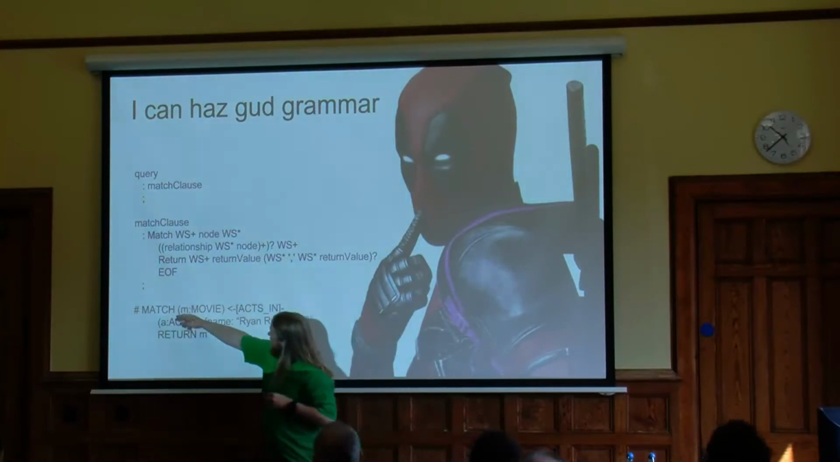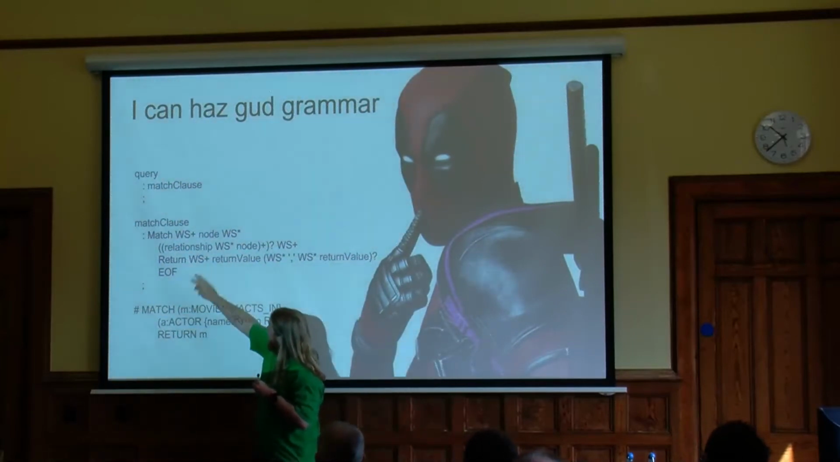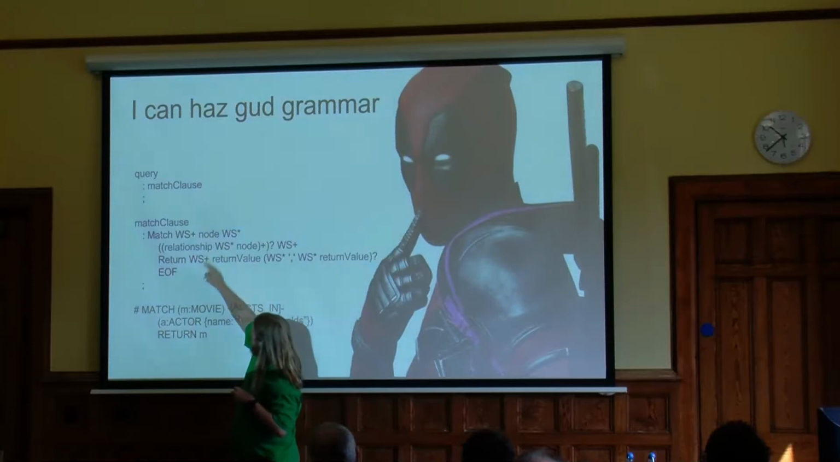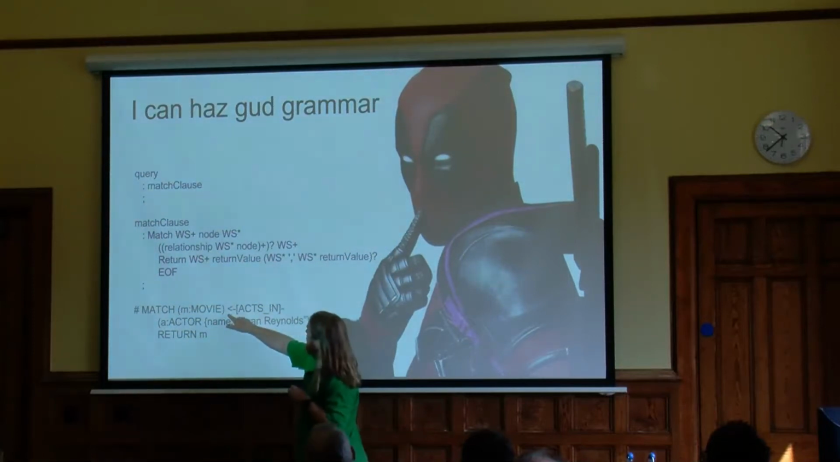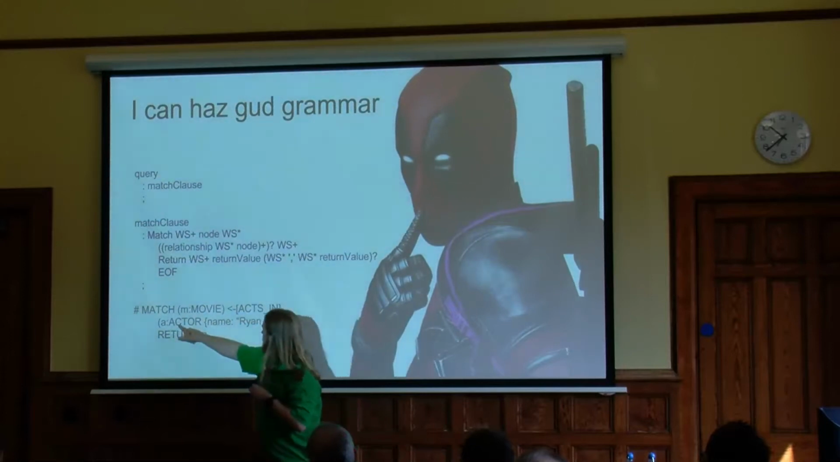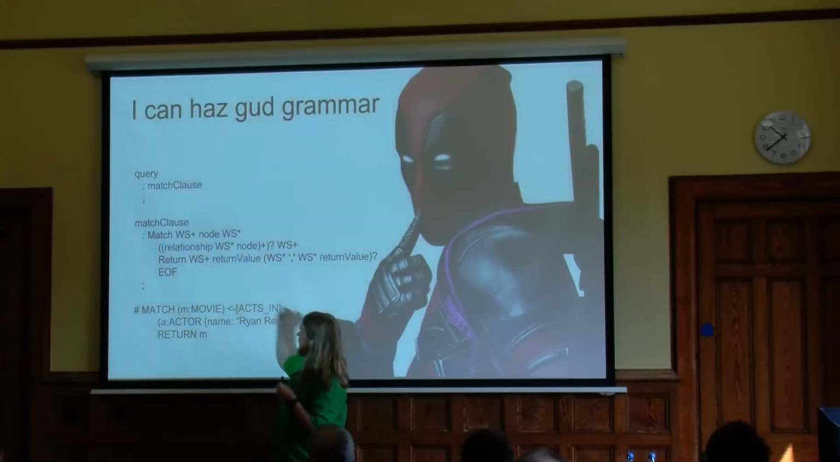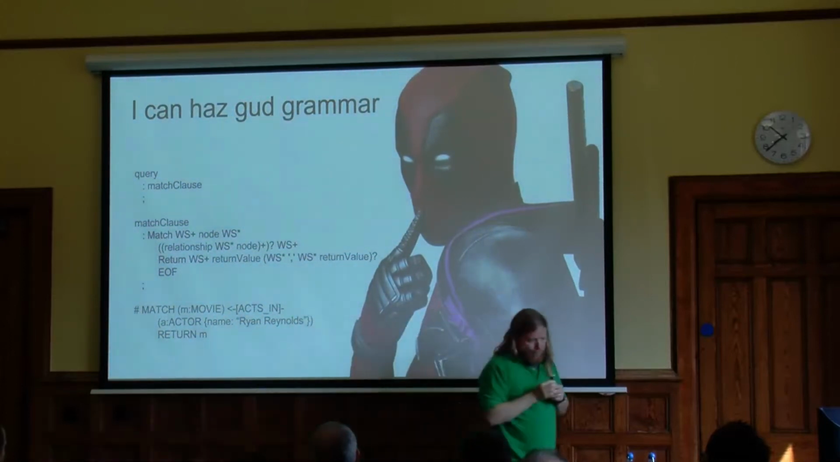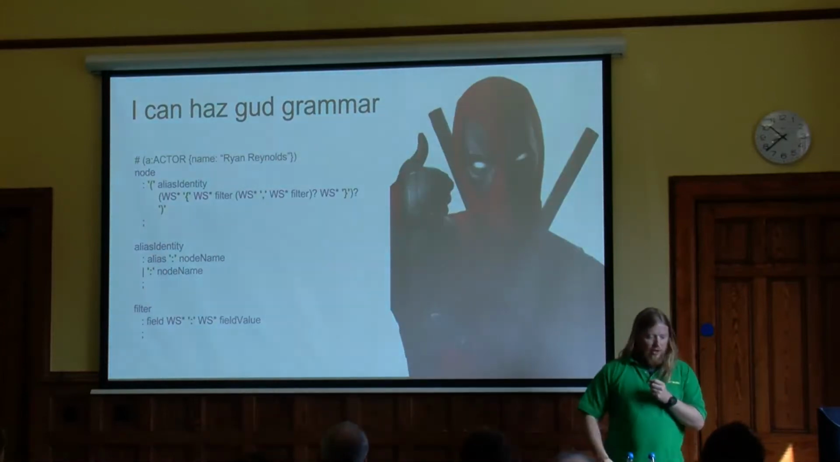So we've got our match, which ties to the match, a piece of white space. Then the node is this piece here. The relationship is this piece, then another node, and then our return statement. But we'll dig into that. So if we look at our actual node,